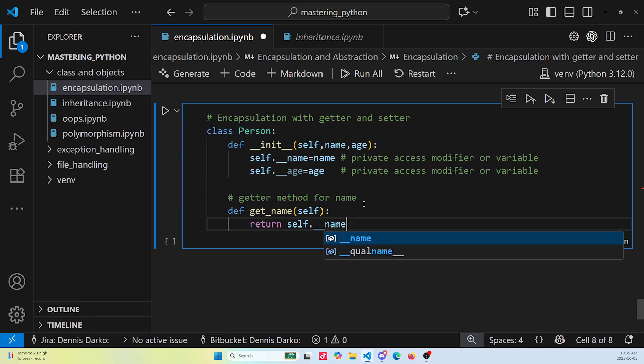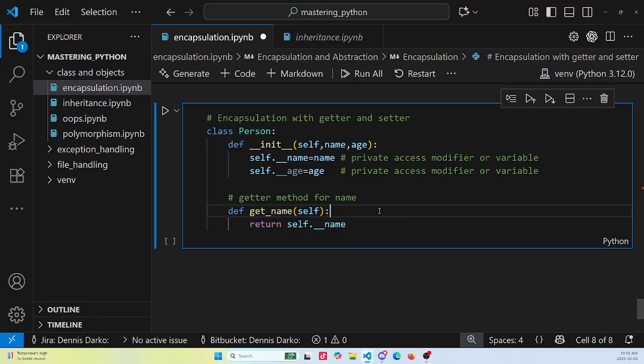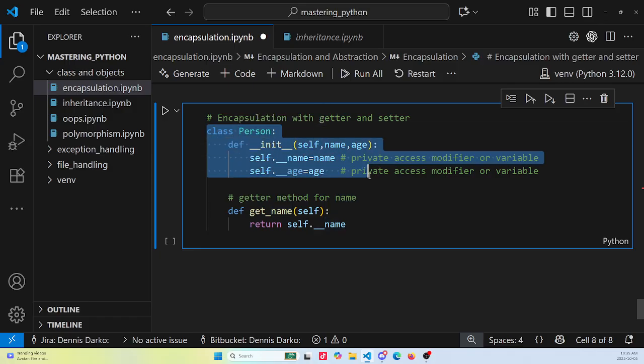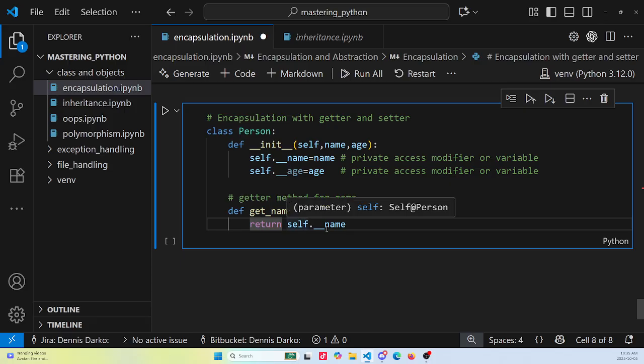That's it. So guys, you get the logic. We want to access only the name, so don't be confused here. Don't worry about the age, okay? I'm just teaching you in a simple way so you understand. So I want you to be able to access just the name, and I'm using what we call get underscore name with brackets. Then I just pass the initializer so it knows that I want to access a particular thing from this entire class. Now I return just self dot name, because in a function, return basically means you want to